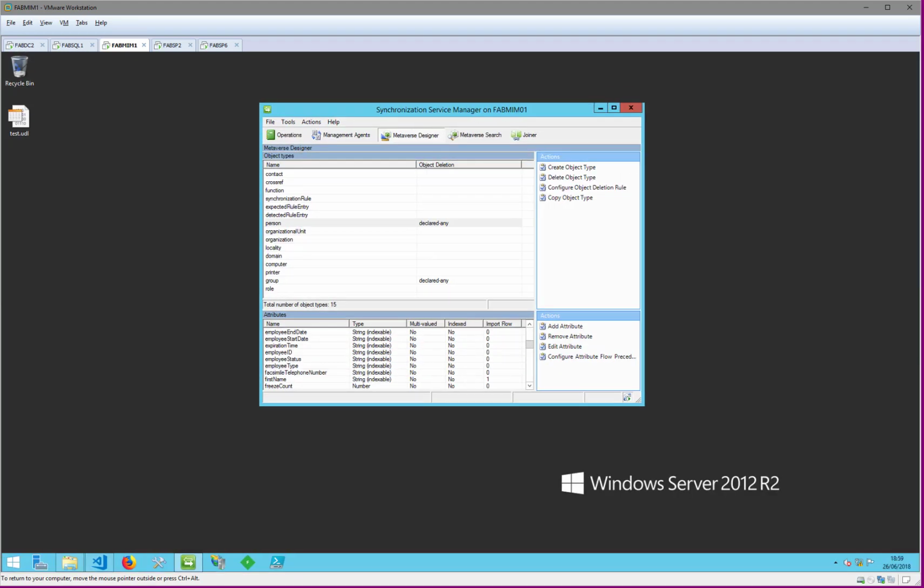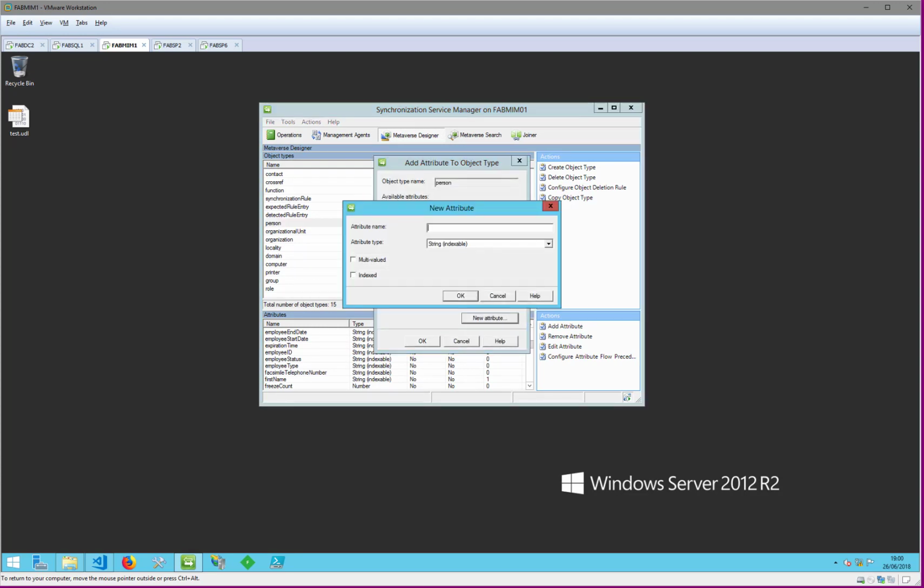So therefore what I'm going to do is double click the person object type, and create some new attributes in the metaverse for my custom configuration. I'm going to name them with the prefix SPS. Now that's not necessarily a recommendation. I'm doing that to make the demo a bit easier for myself mostly. I'm going to choose number, which in MIM terminology will support an integer or a long, etc. So that one's okay. We'll do another one for SPS employee type,